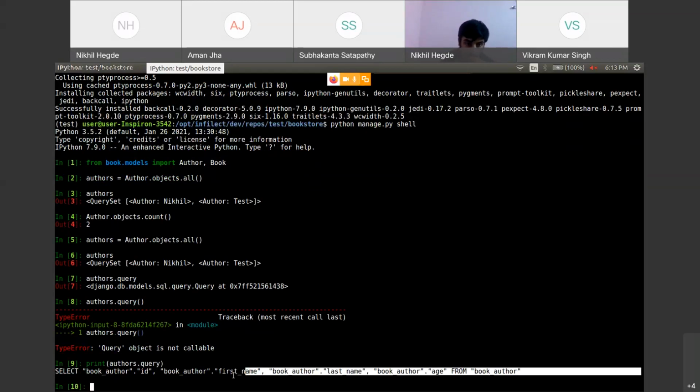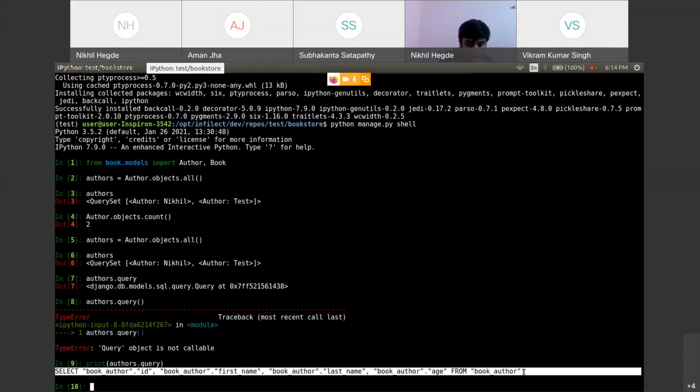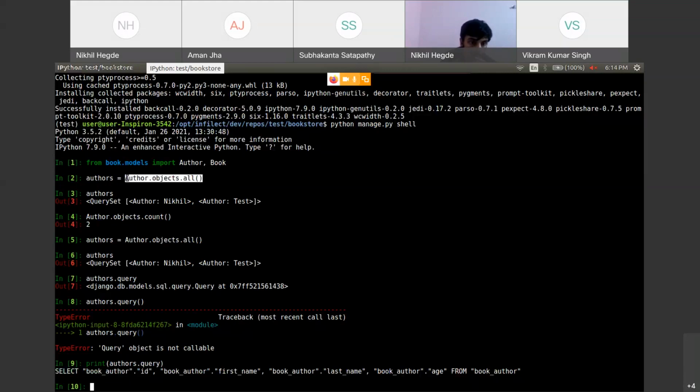But you don't have to learn this query because Django does that for you. You just have to write author.objects.all. So from this, you can clearly see that ORM is pretty advantageous for developers because this is easily readable. Also, this is pretty easy to understand compared to this whole query. I hope all of you understand this concept. So now you can clearly see why most developers prefer ORM instead of the actual SQL query, because it's easy to understand and easy to write.